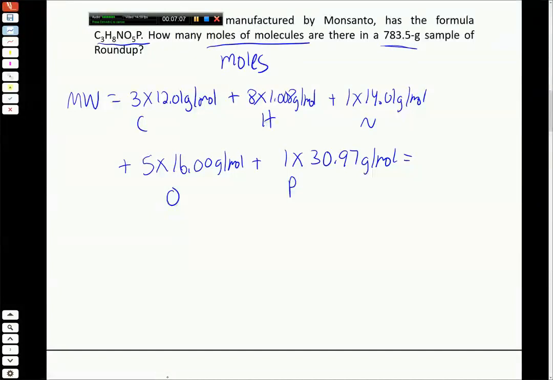And so we just add all these terms together. So 3 times 12.01 plus 8 times 1.008 plus 14.01 plus 5 times 16 plus 30.97. As long as I didn't screw anything up, I got a molar mass of 169.07 grams per mole. So that's what we're going to use as our conversion factor to go between grams and moles. And so then finally, if we want the number of moles,